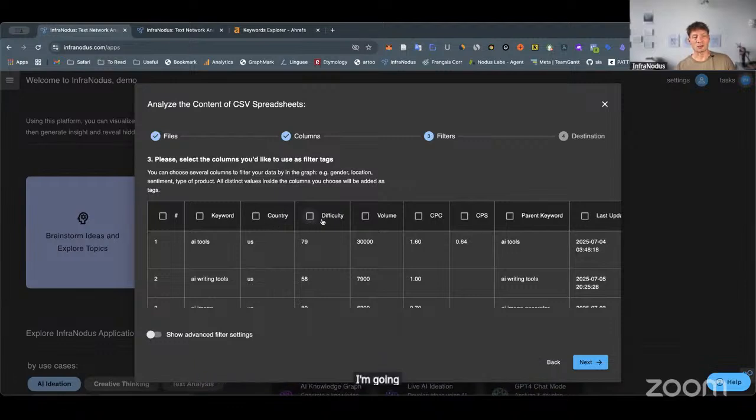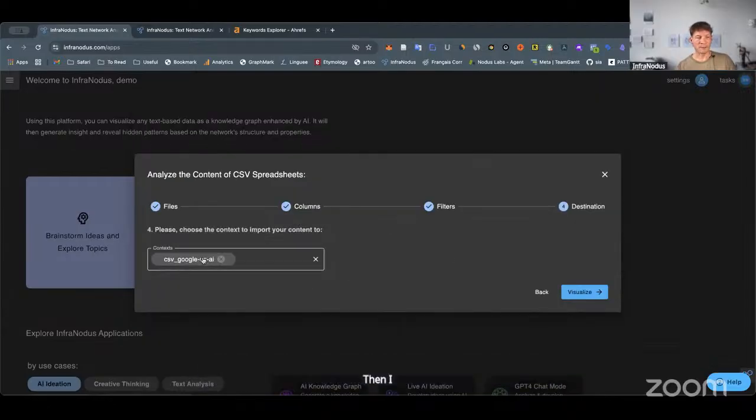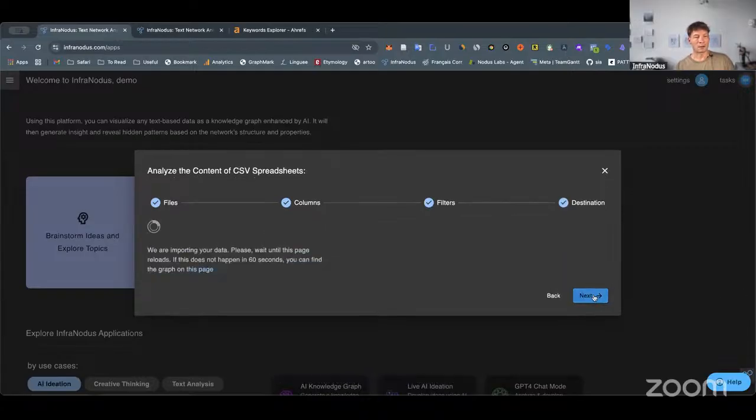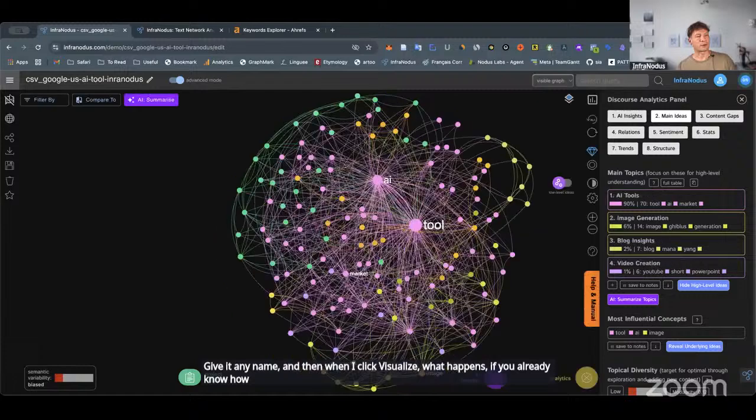and then on the next panel where I choose the filters, this is what I'm going to be using for filtering and cohort analysis. I'm going to choose the difficulty and the volumes because I want to be able to find which keyword combinations have low difficulty and high volume. Okay, so I choose difficulty and volume here, then I click next, and I will name this graph, give it a new name,